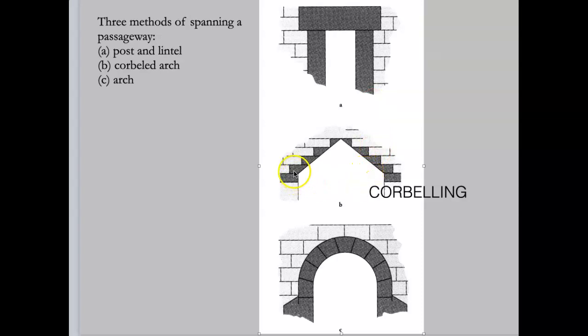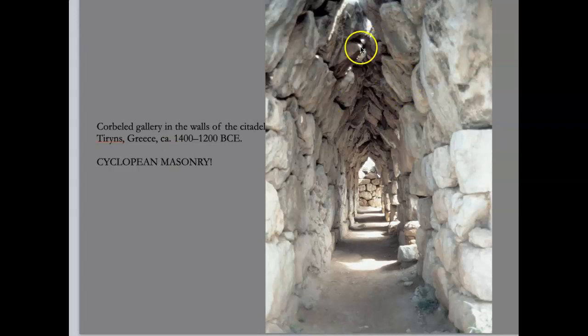Corbelling, as I mentioned, is you have a vertical element like a post, but then you start to project stones a little bit further until you reach the top. And what happens now, instead of having a flat top, you have this kind of triangular shape. Corbelling is important because it's eventually going to lead us to the arch. And we're going to be learning all about the arch when we talk about Rome, okay? But you can see here this example of corbelled masonry. And you can see that we don't have a flat roof here, right? A flat ceiling. We have this incredible space.